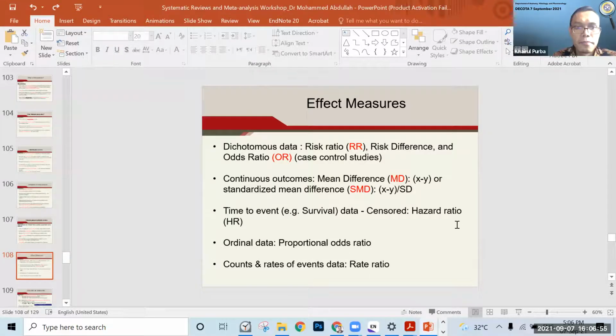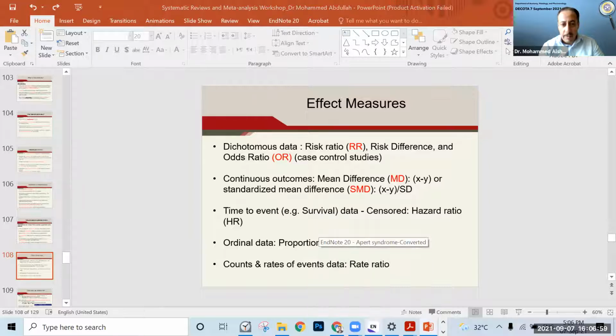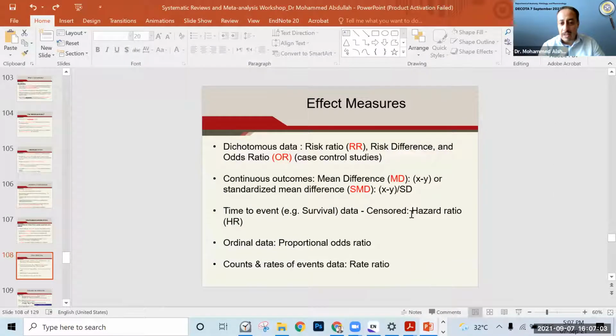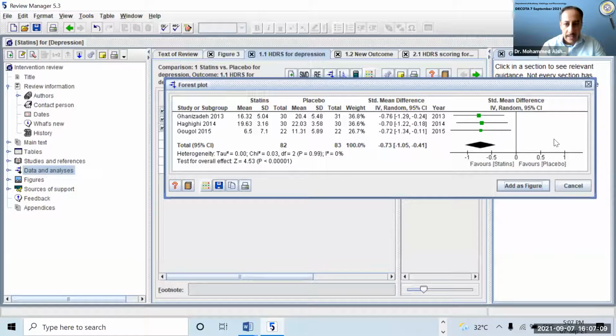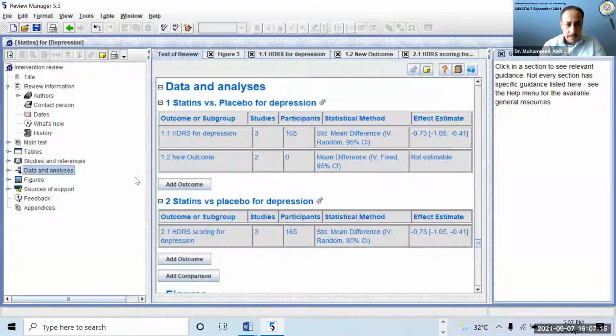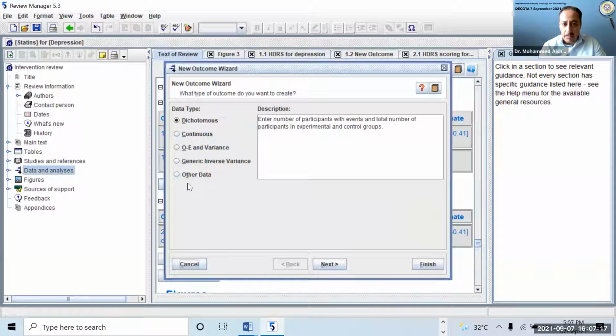Yeah, hazard ratio. So when you start yours, if you remember when I started, let's close this one. From the beginning, you should decide. Let's try. Let's start. Let's go here. So just add outcome. Let's say the same comparison, but